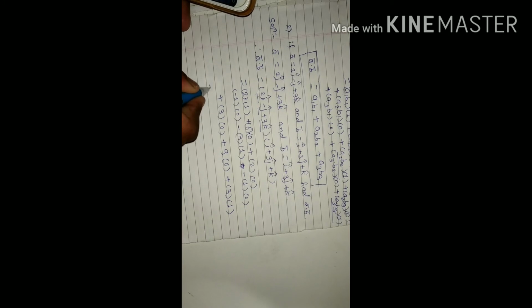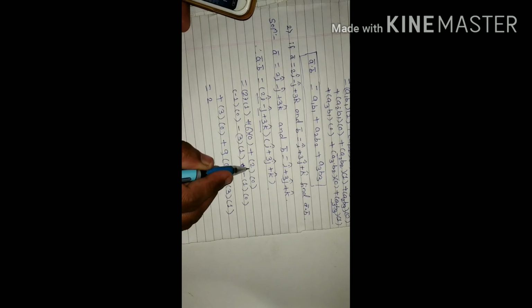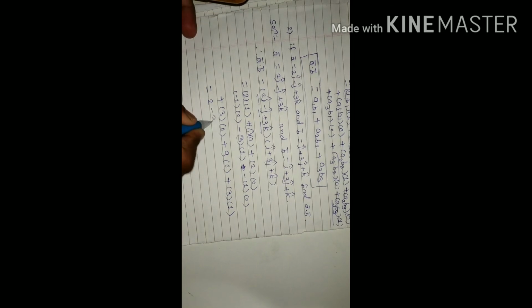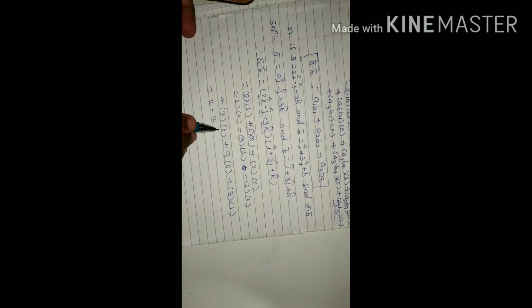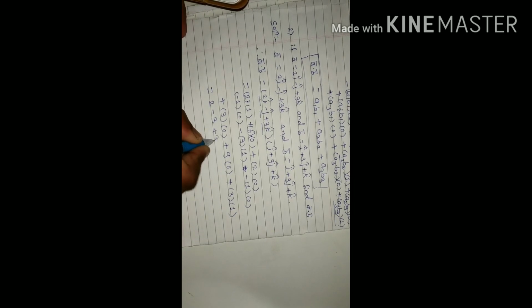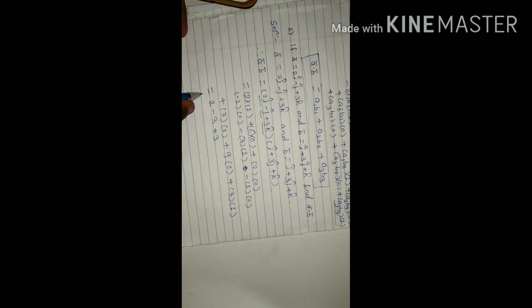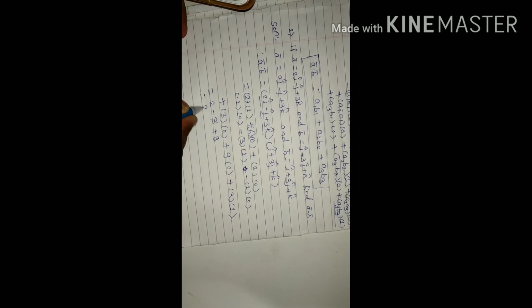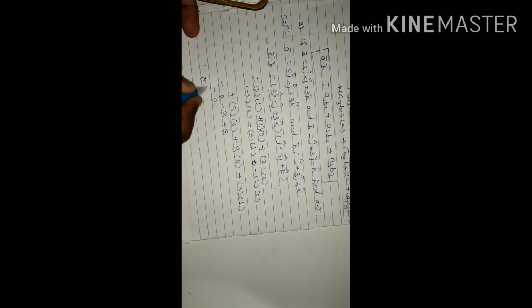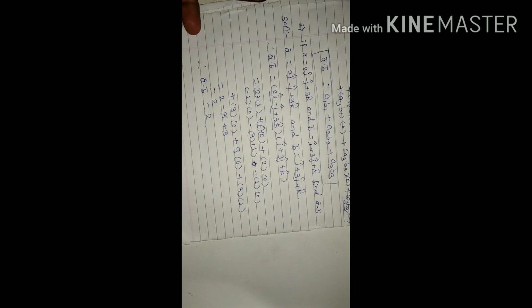Then we write all the values: 0 terms vanish and we multiply by 1, so the values remain as they are. Therefore 2 into 1 that is 2, 6 into 0 is 0, 2 into 0 is 0, minus 1 into 0 is 0, minus 3 into 1 that is minus 3, minus 1 into 0 is 0, 3 into 0 is 0, plus 9 into 0 is 0, plus 3 into 1 that is plus 3. Then plus 3 and minus 3 get cancelled and we get the value 2. Therefore the value of a bar dot b bar is equal to 2.